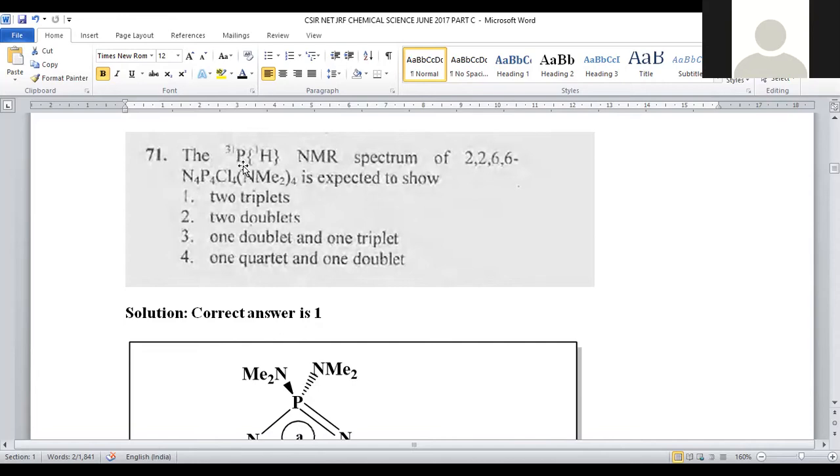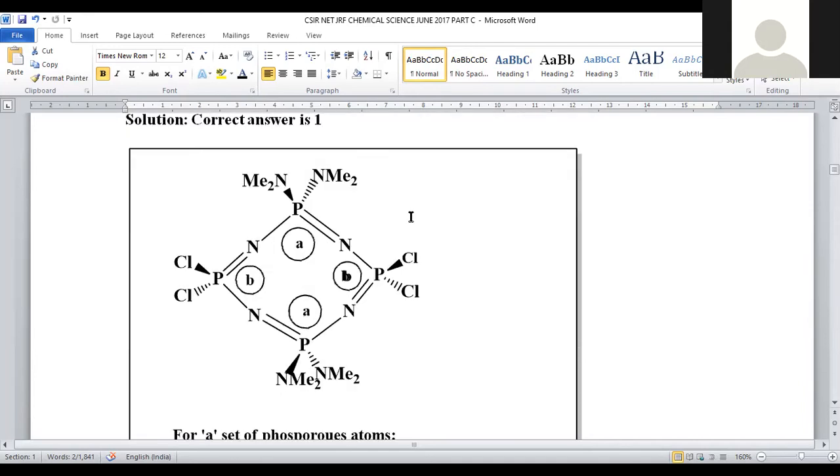Generally, proton NMR and C13 NMR will be recorded in order to predict the structure of compounds. So if labeled phosphorus was taken, in this case a P31 NMR spectrum is also possible, and it is possible to predict the structure of phosphorus containing compounds. This is the structure of the compound. For this compound, how many peaks are possible? How many P31 NMR signals will be obtained in the spectrum, we have to predict.